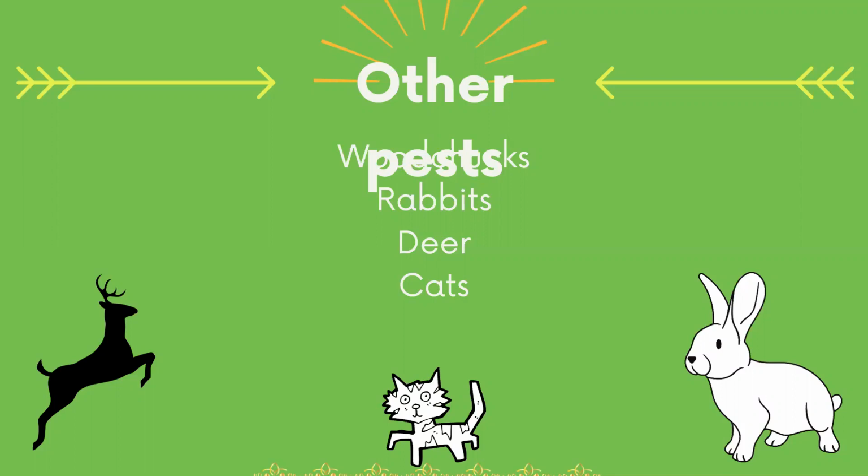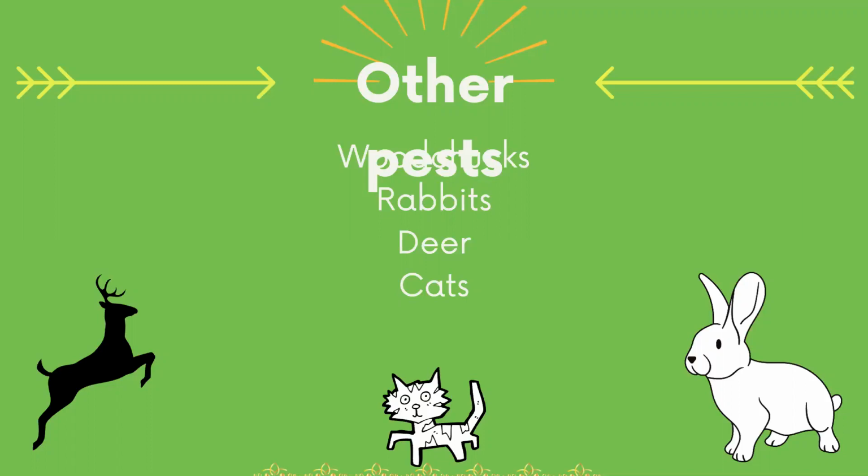We've also used netting over some crops, because most animals are eating your garden not because they don't have other things to eat, but because what you're growing tastes better and it's easy to get to. So if you make things harder to get to with some kind of